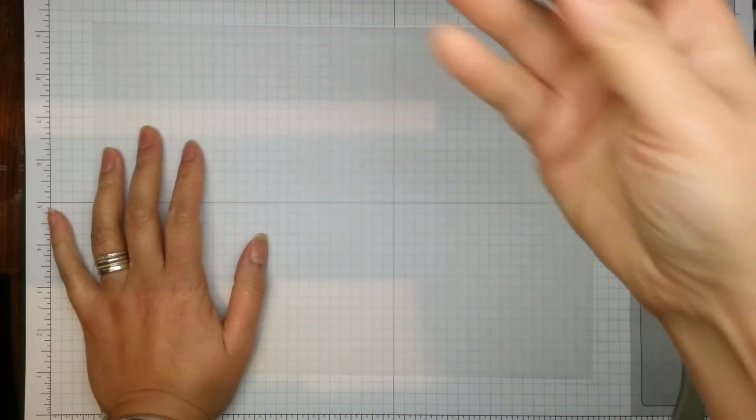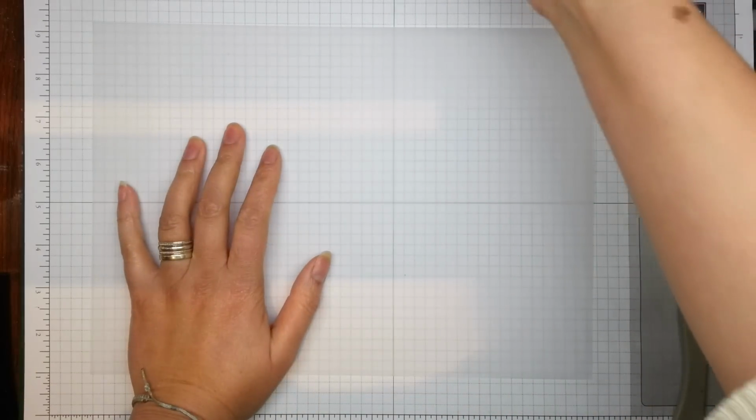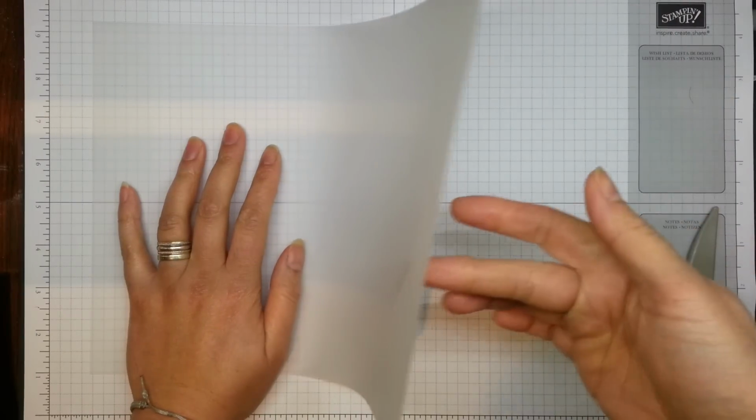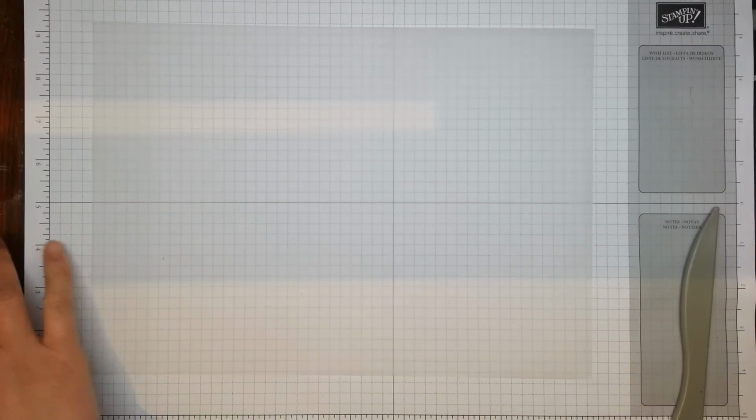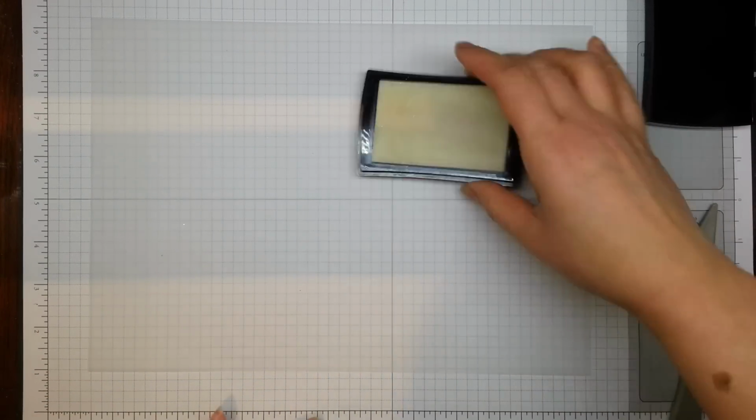Today I'm going to be using the gift bag punch board to make a really lovely gift bag. So I'm using a sheet of vellum and I'm going to be stamping on it and actually embossing on it. You don't have to do this, you can decorate your vellum any way you'd like, or you can just leave it plain. So to allow for the space at the bottom to